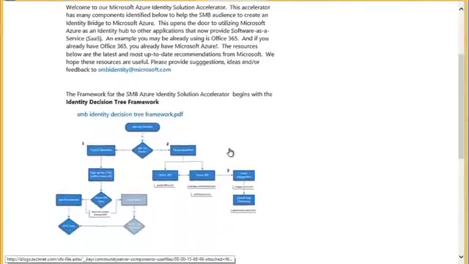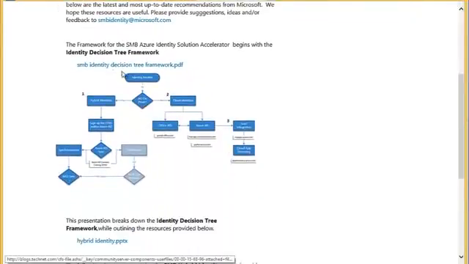If we scroll down here, first we have this SMB Identity Decision Tree Framework. So really, this just walks us through identity in Azure. First decision that we typically need to make: do we have AD on premises? Well, yes, most of our customers do. And then we decide, do we want to use directory synchronization with password sync, or do we want to use